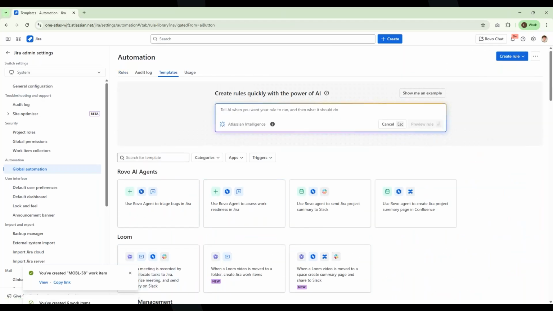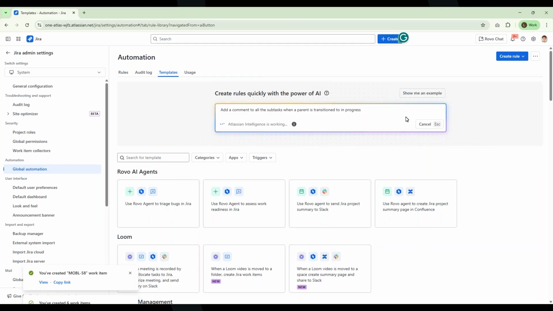So I can say to create an automation that will add a comment to all the subtasks when a parent is transitioned to in progress. So once again, instead of me going through the trigger, the action, and everything else,